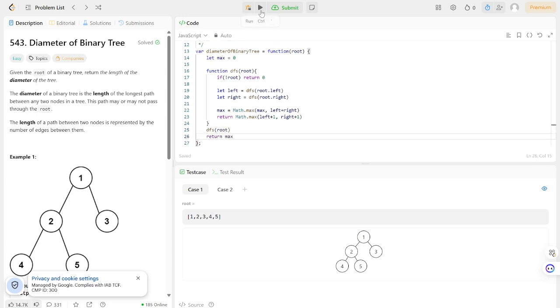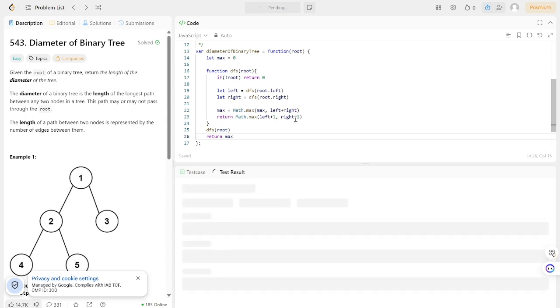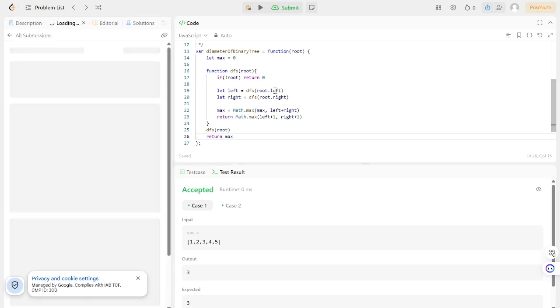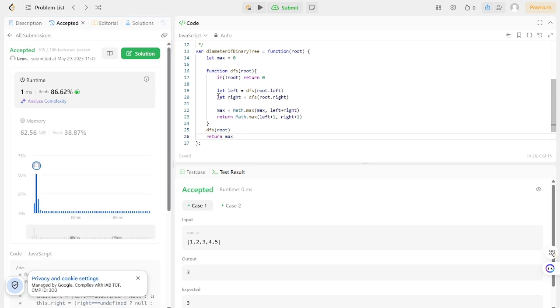Let's submit. Well, let's run first, see if it passes. Should pass. Perfect, let's submit. So this is a time complexity of O(n), as we are looping through the whole tree pretty much. And it's a space complexity of O